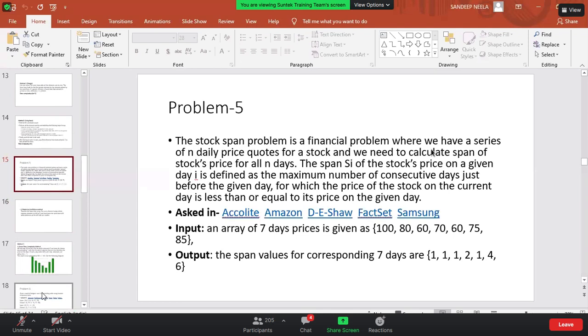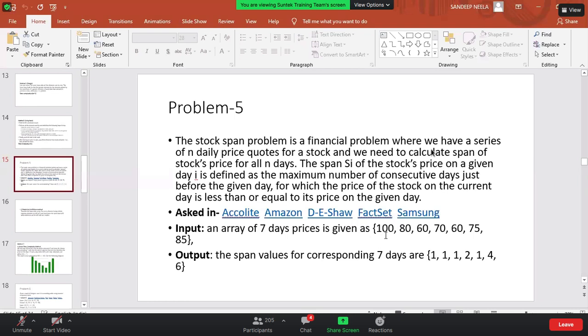The span values for the corresponding prices 100, 80, 60: if I take the first day, it is defined as the maximum number of consecutive days just before the given day. So how many days before the 100? There is nothing. So this is the initial one for which the price is less than or equal to this one.